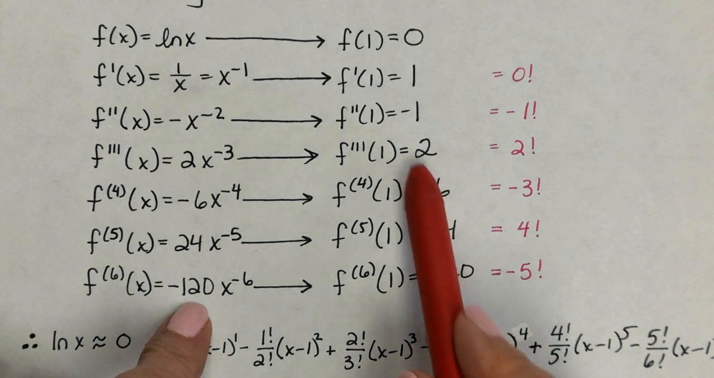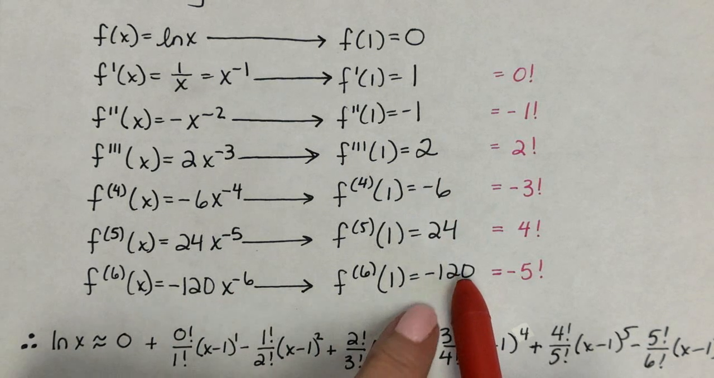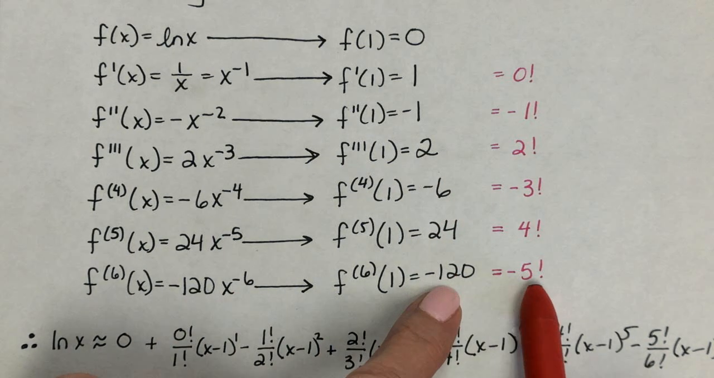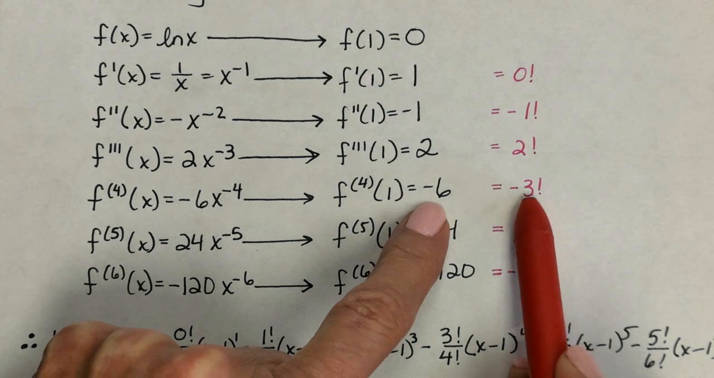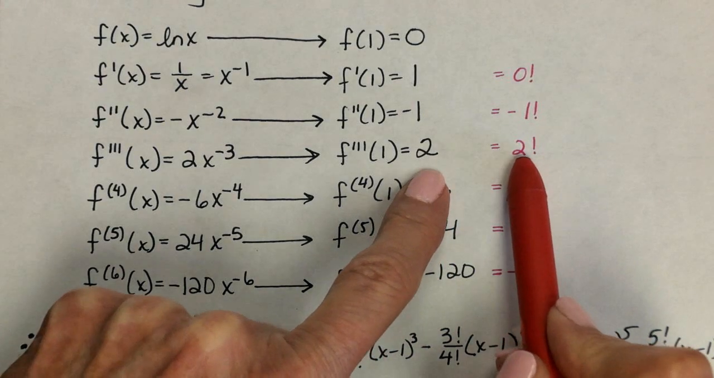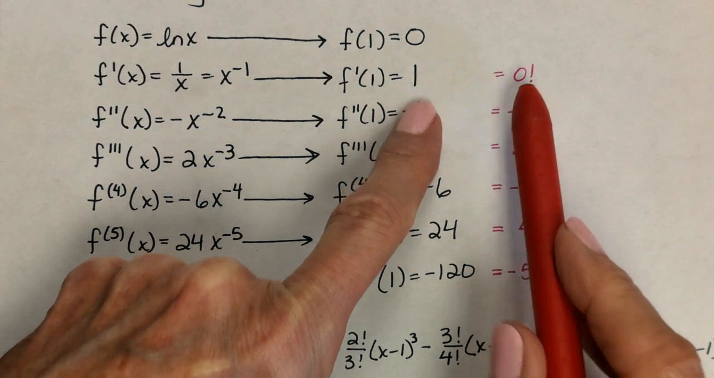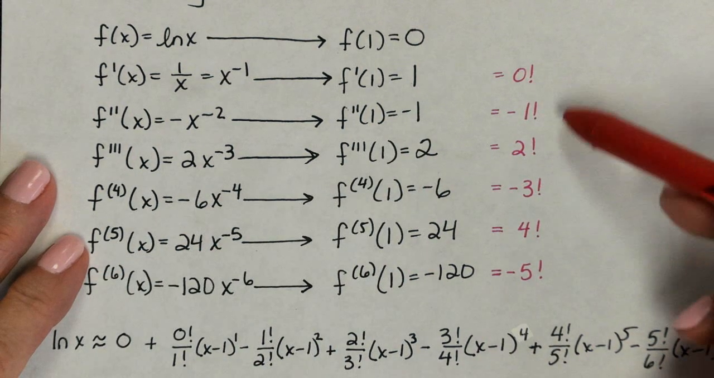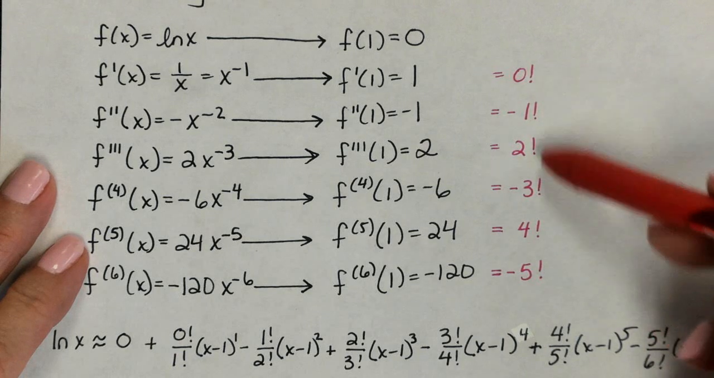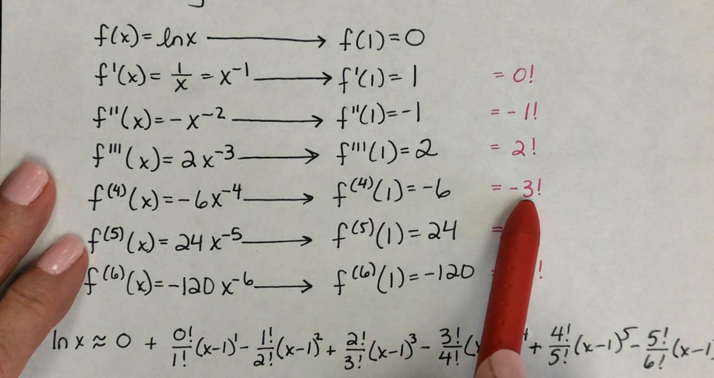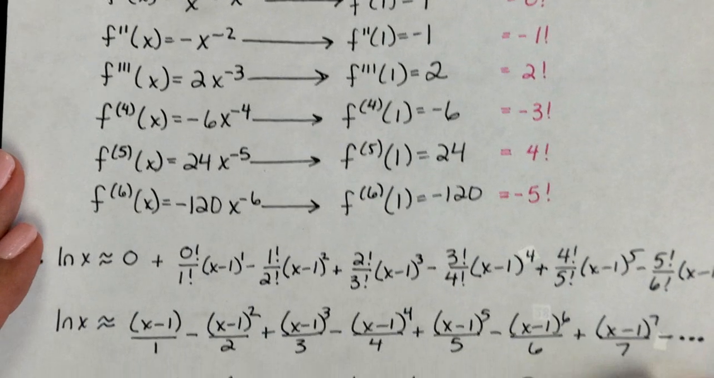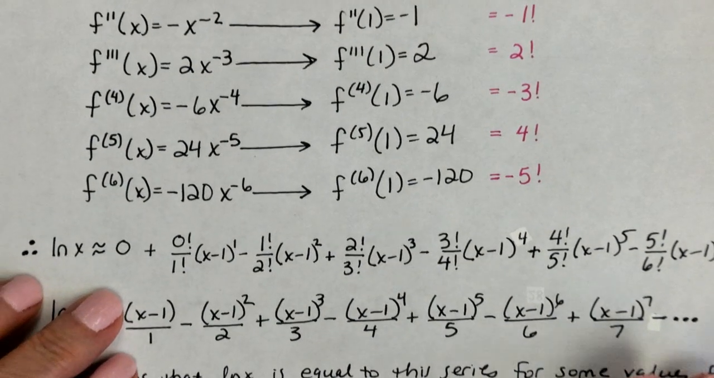Now I think I see the pattern. Negative 120 is negative 5 factorial. 24 is positive 4 factorial. Negative 3 factorial, 2 factorial, negative 1 factorial, 0. So they're alternating in sign, and it's all the factorials. So the derivatives are factorials. Okay? So when we're writing our series,